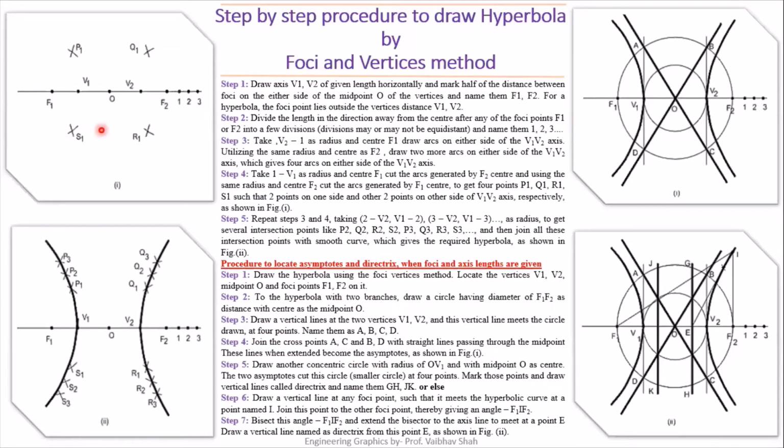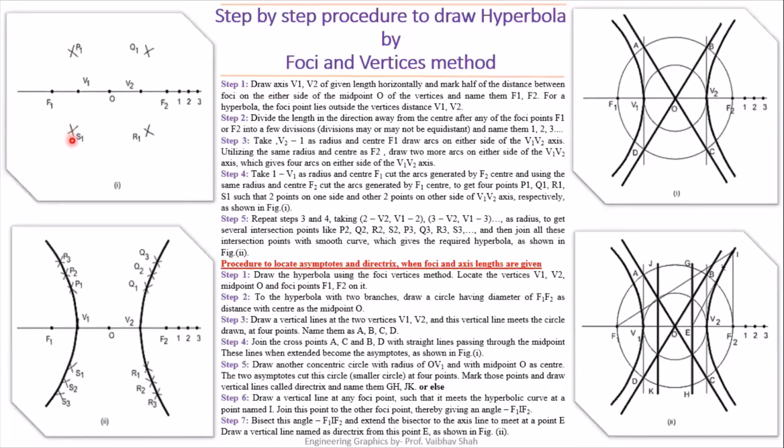Now, after that, we have to change the radius. Now, take the radius equal to V1 till 1. Firstly, we selected V2 till 1. Now, for the second arc, we'll be selecting the distance of V1 till 1. After adjusting on your rounder the V1 1 distance, you will put your rounder at F2. But at this time, we will be making cross quadrant arcs. That means from the F2 center, we'll cut this arc of your F1 center somewhere here. So we have cut this arc somewhere here above this F1, and we have to cut this arc below this F1.